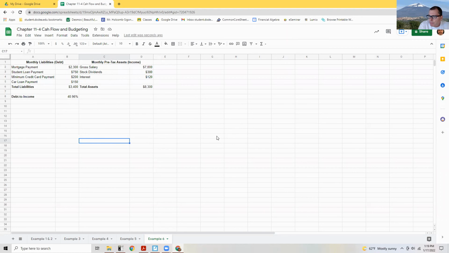So his 10% salary increase, well, this is going to be 7,800 plus 10%. So I'm going to multiply that by 110%. So I'm going to change this to an equal sign. And it's going to be 7,800 times 1.1, which is 110%. And I hit enter. And now his new salary is 8,580, and it dropped his debt to income to 37%,